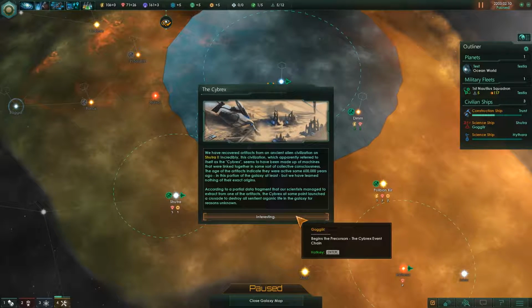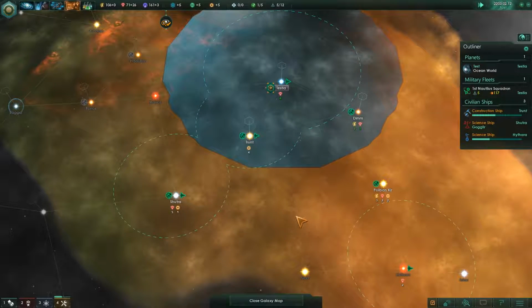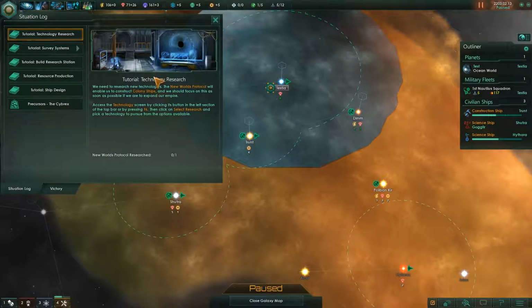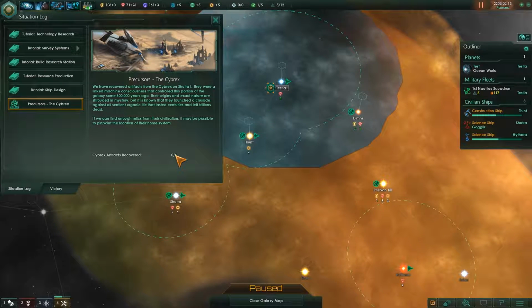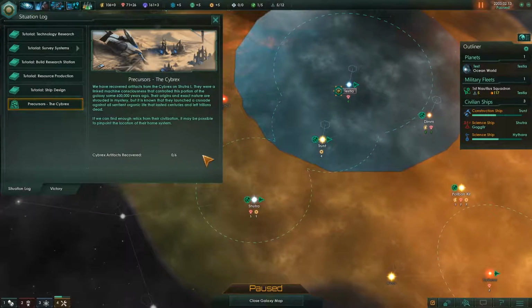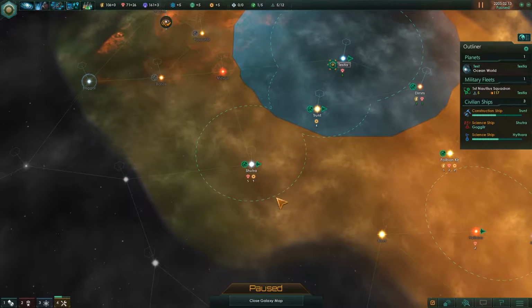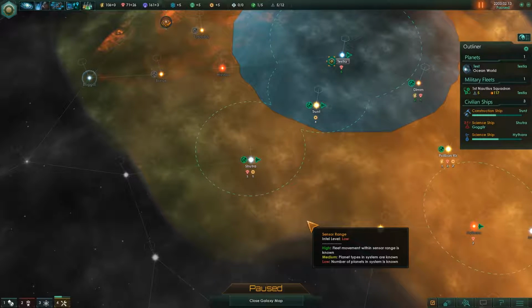Oh, we got something. So, interesting. And we have the precursor Cybrex event chain. All right, so we're going to have to check that out. Situation log updated. All right, so it said the situation log is updated. So this is that. Okay, so we have to find 6 more artifacts from the Cybrex race, I'm assuming. So those are going to be other anomalies probably across the galaxy. So that doesn't count as the first one. So we have 6 more to go. That's interesting. We're going to want to send the